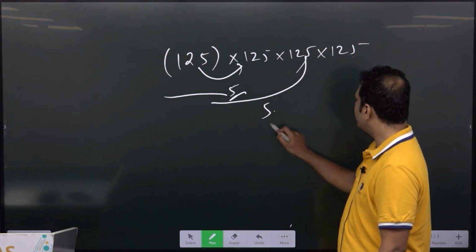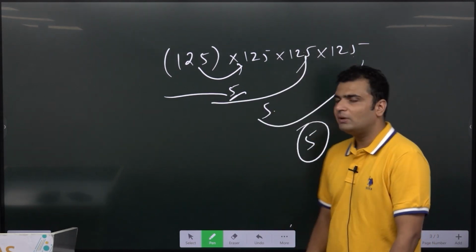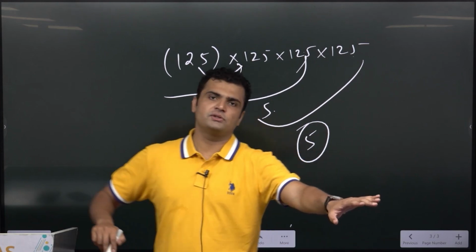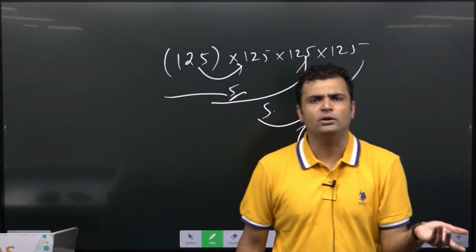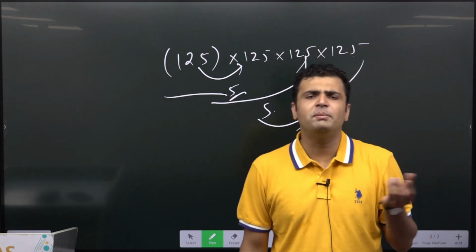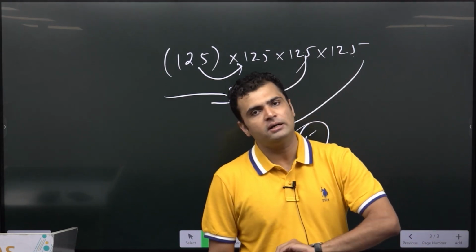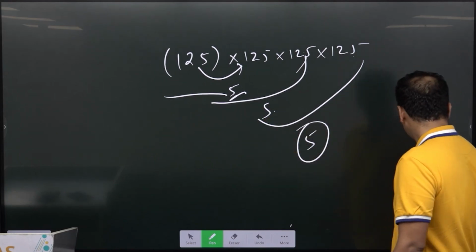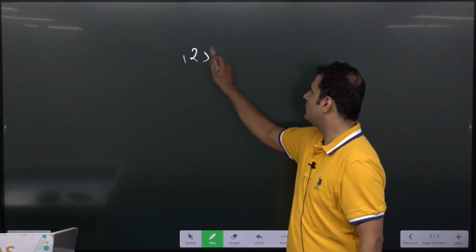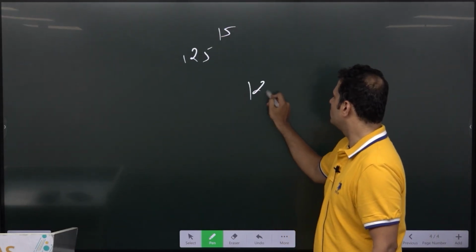And this 5 into 5, again 5. So you multiply 5 any number of times, units place will always be 5. Basically 5 की कोई भी power ले लो, you take any power of 5, units place of that power will always be 5. So it doesn't matter if you take 125 की पावर 15 या फिर 12345